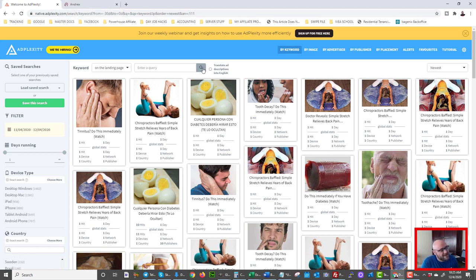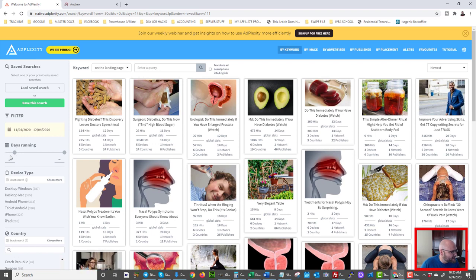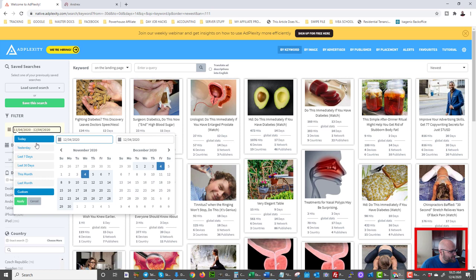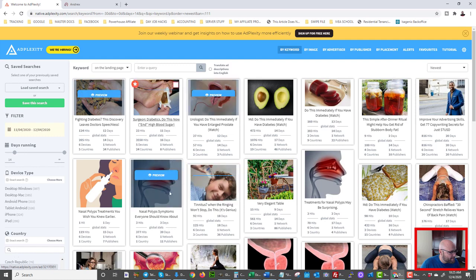Now, next thing I want to do is I want to filter the obvious ads that are doing well. So what I'll do first is I will filter for the last, we'll say 14 days. So I want ads that have been running 14 days. I can do that here by moving this up to 14. This one I like because you can actually do a date range on Adplexity. So I can actually select for the last 30 days. I also want last 30 days ads that have been running for 14 days. So now you can see it's filtered out more ad